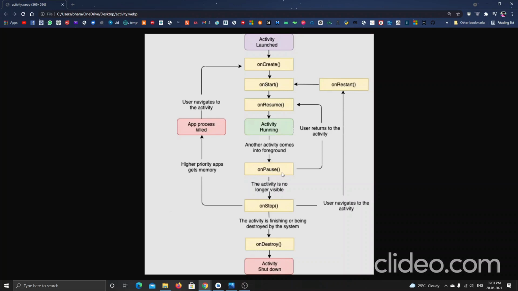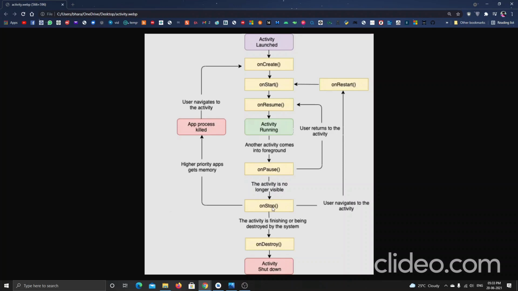When I go back to this application, it returns to the on resume method and starts its activity again. If I press the back button directly, it goes back and kills the process, or restarts the process. It will start from on start if I start the application without fully closing it.